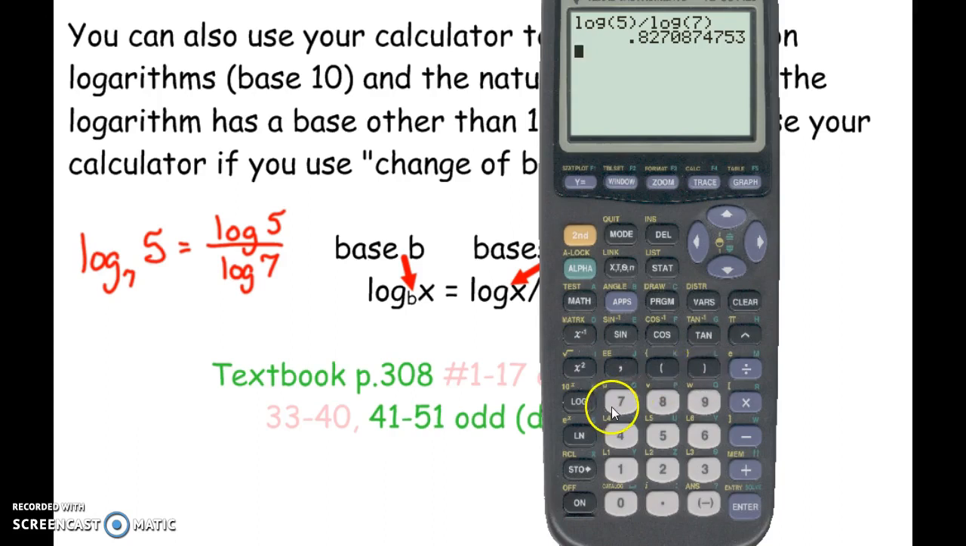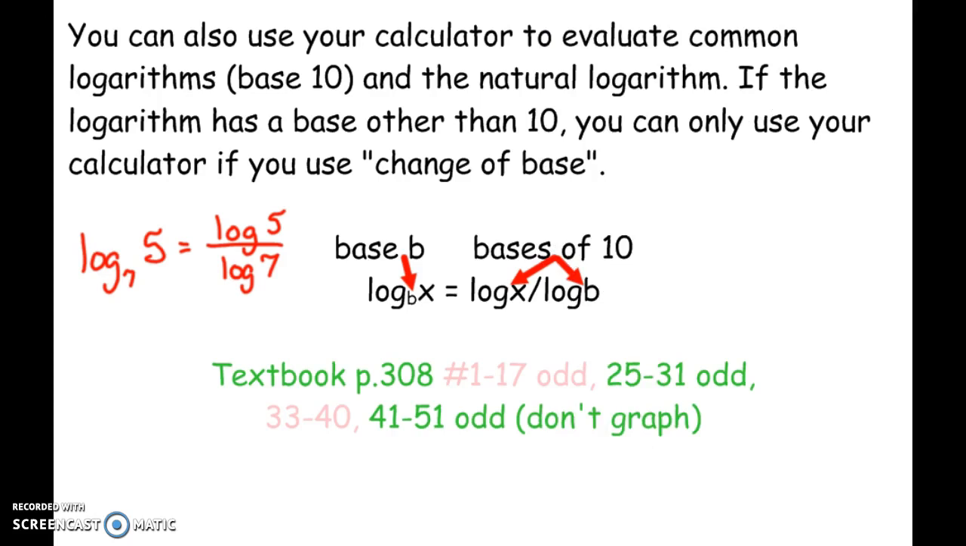So you can check it. 7 to that power is 5. Okay, so that is how on the TI-83s to evaluate logs that have a base other than 10 or the natural log. That's how you handle it. Log of the big number divided by the log of the base. Okay, so let's spend just